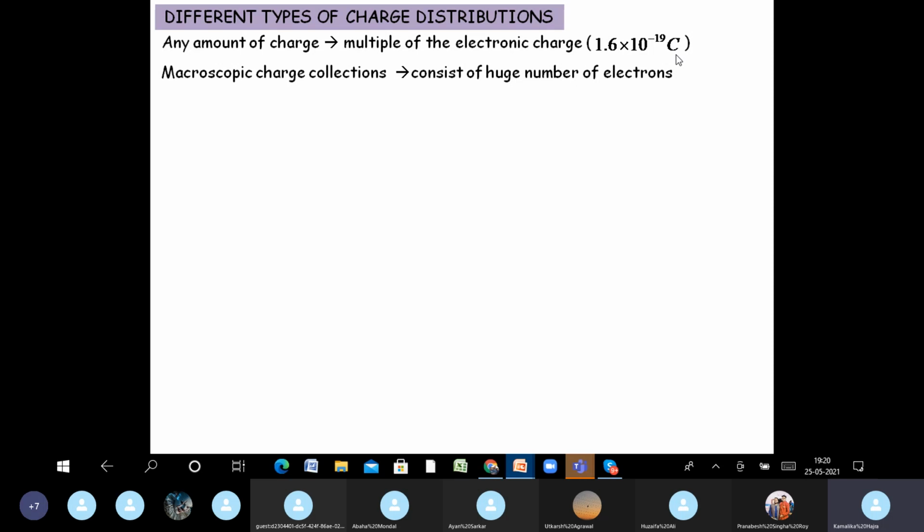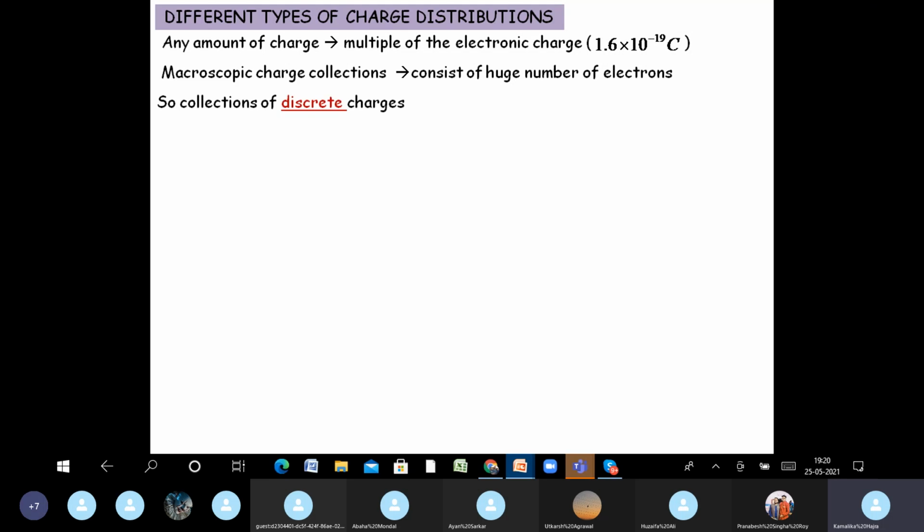So even if you want 1 coulomb of electronic charge, you will require of the order of 10 to the power 19 electrons, right? So you can easily understand that whenever we are talking about a few coulombs of charges, we are usually talking about a very, very large number of electrons. Okay,